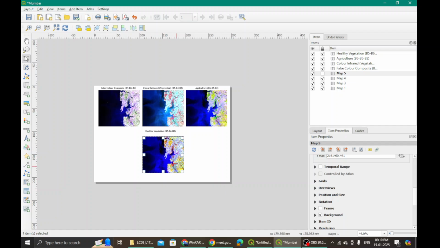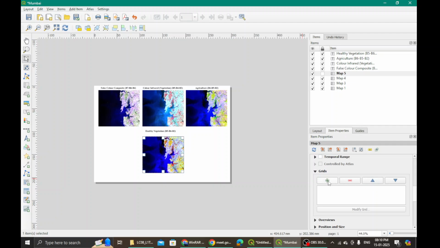Your map must be having a different number. So you choose for which map you want to give latitude, longitude. I want to give latitude, longitude to this map. I could do it for this and this style as well, but right now because of time limitation, we are doing it only for one map, and then you repeat it for all the tiles. Okay, so we come here and we go to grids. We have to unlock it first. Okay, and I want to add a new grid. So add a new grid.